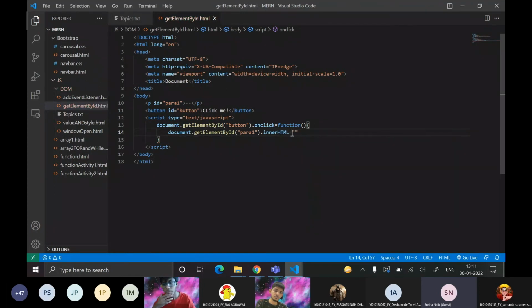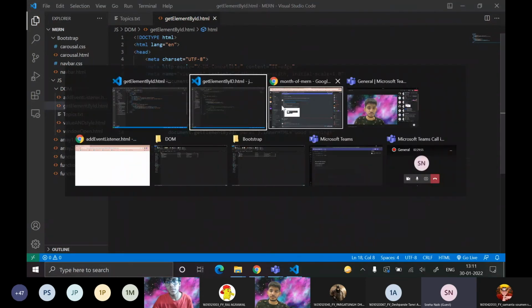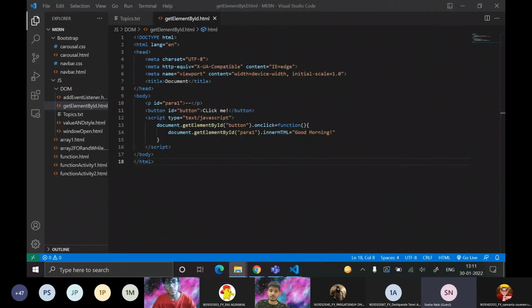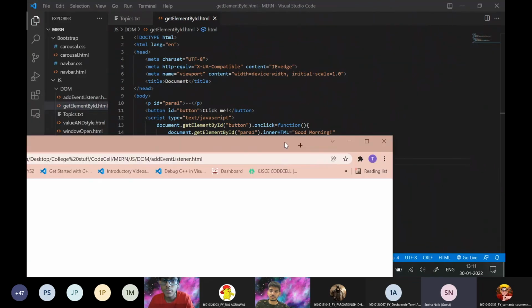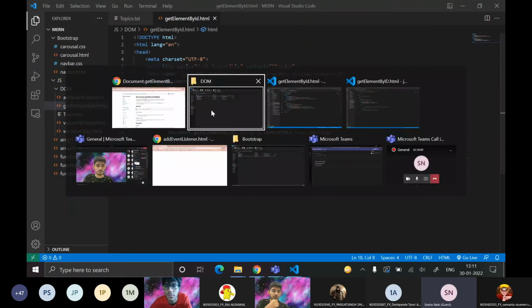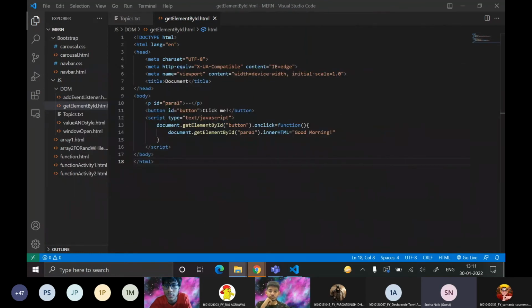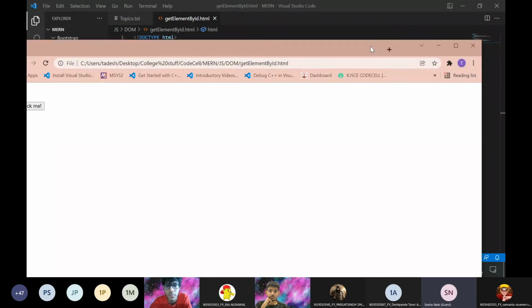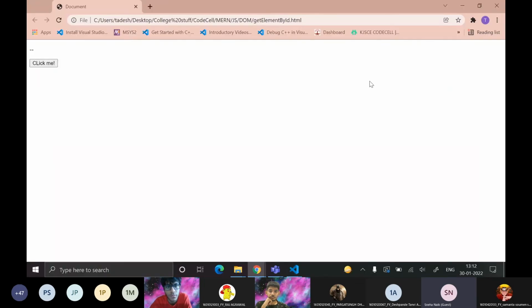Okay. So dot innerHTML, we will put the innerHTML as, let's say, good morning, as I said. Perfect. So let's see if it is working or not. Okay, no. Wait, I opened the wrong one. I'm sorry, my live server isn't running. I had to reboot the laptop in the morning. Okay, so it says click me, the button, and when I click it, the innerHTML of the paragraph tag